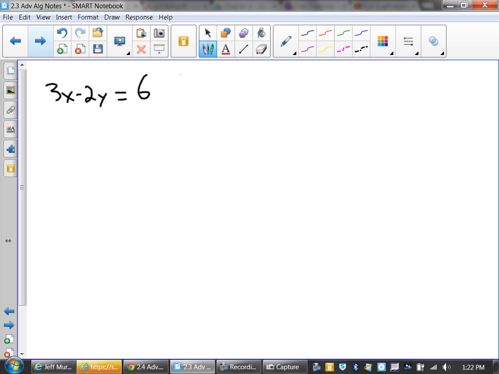So once again, I have 3x minus 2y is 6. All of my rules work for standard form. A is positive. A and B are both not 0. B can be negative. There's no rule that says it can't be. All these guys have a GCF of 1. So when I go to just kind of make up my graph,